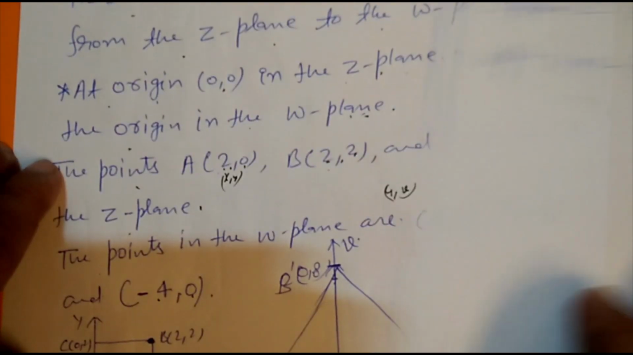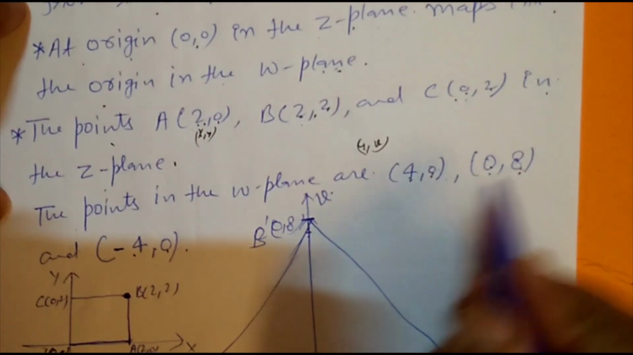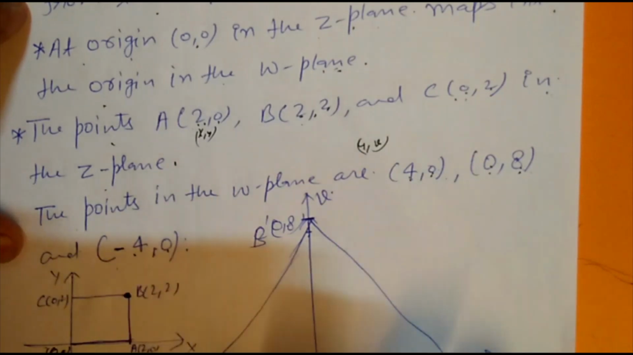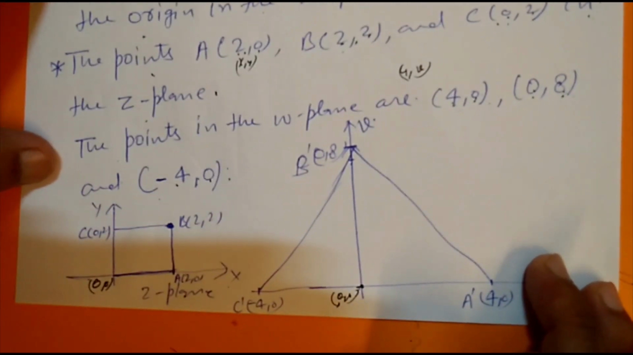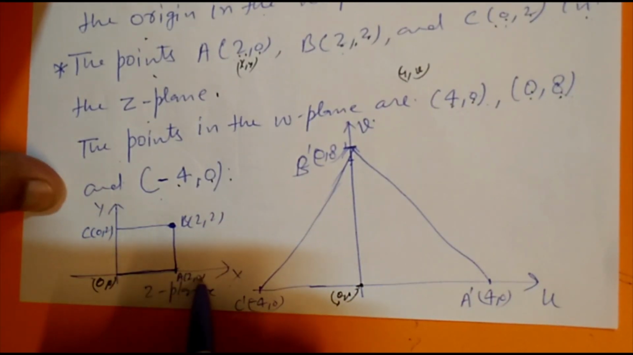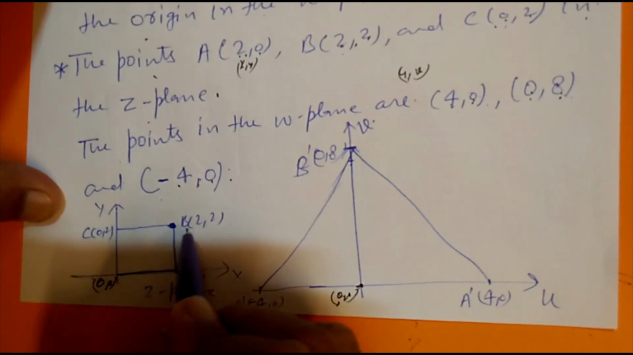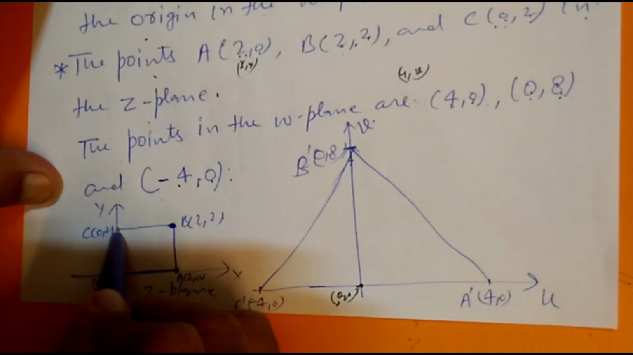So here we obtain the 4 points 4, 0, 0, 8 and minus 4. And if we plot the graph of the z plane as well as the w plane, so in the z plane the point A (2, 0), and point B (2, 2), and point C (0, 2), that is this one,